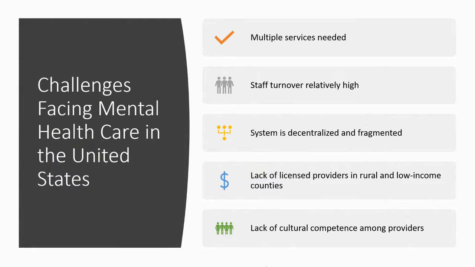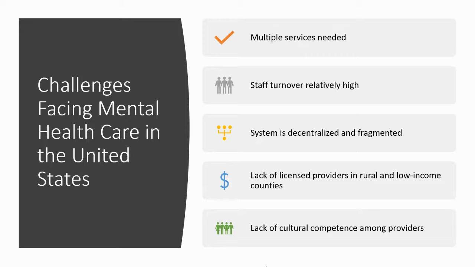Some of the current challenges regarding mental health disorders in the U.S. today, as you can see, that first one is oftentimes there are multiple services and treatments needed. It's not just prescribing a pill and calling it a day, or just attending treatment and calling it a day. It really involves wraparound services. So if you think about the homeless population, it's finding housing and support for housing, then maybe mental health treatment, and how to get a job and how to maintain a job. So it has to be this wraparound service that supports other areas in their life, not just mental health disorders.